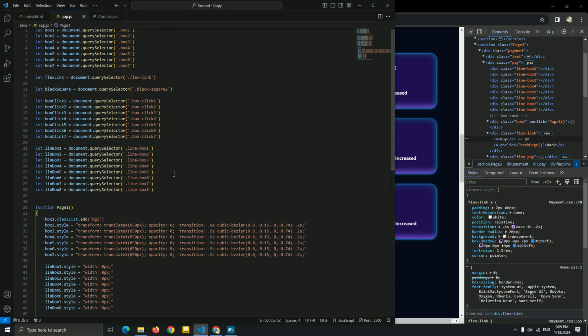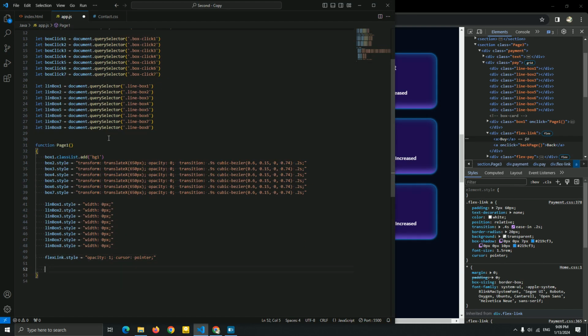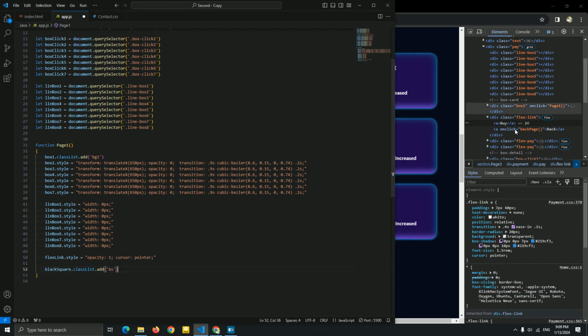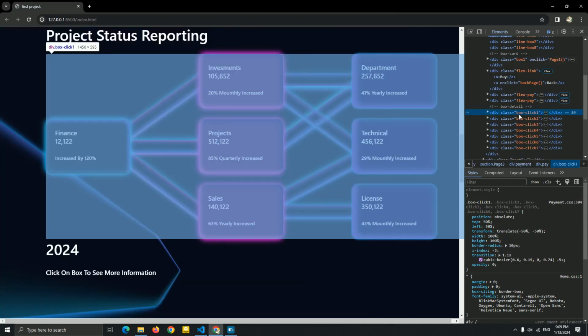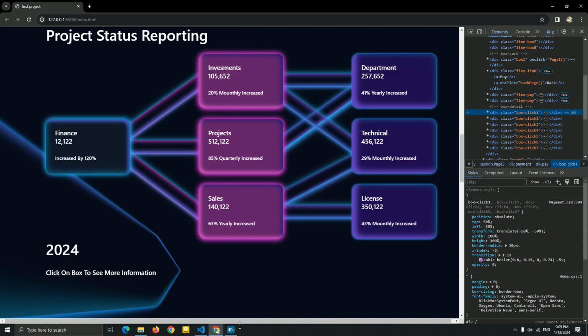Okay, now let me just add a black square very fast. Class list. I'm gonna add, and I name it BS for this. Okay, this is good. And now let me just show the first box click that we hide, this icon that we just hide, opacity 0.